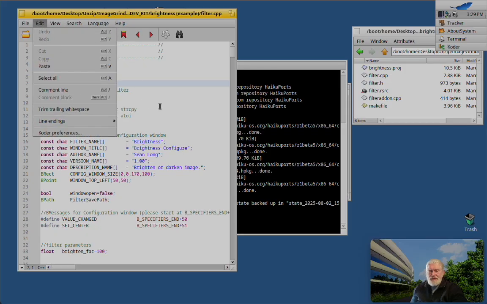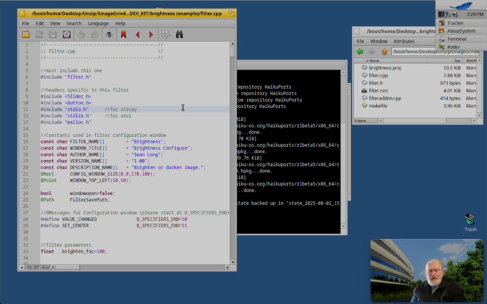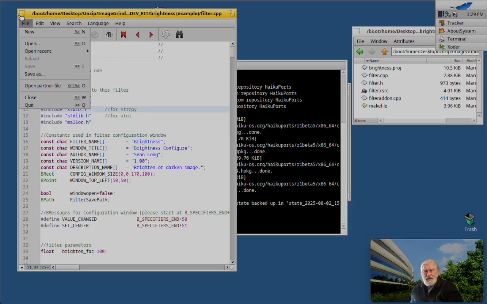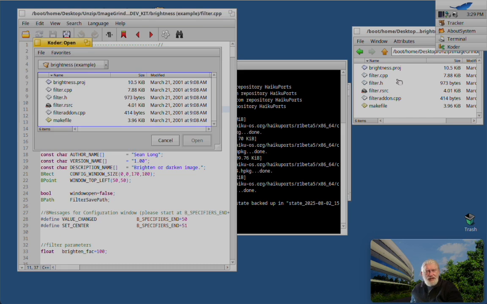And it looks very simple compared to eCode. But I've used Koder quite a bit, and okay, open recent. Let's just open, and of course,